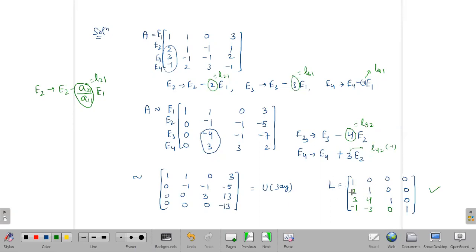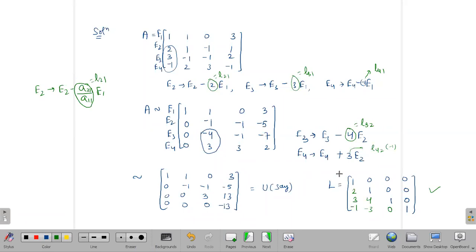Now you want to write the second row of this lower triangular matrix. So how to write this element? Look at this element. You have made this operation to make this element 0. So what is that operation? E2 minus 2 into E1. So let us pick this element only, which you have used in the ratio. So that is 2. So put this element in the lower triangular matrix, in the first column, in the first element of the second row. So then you put 1 0 0. Then you have to write 3, or you can do it by column. You can remember it by column wise also.